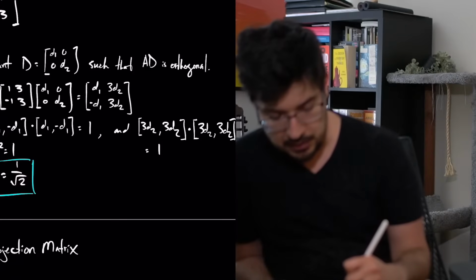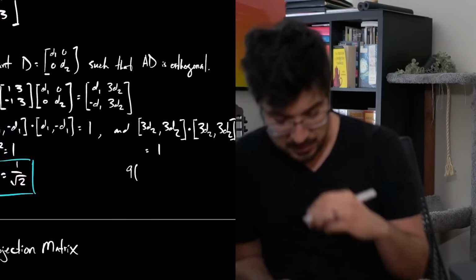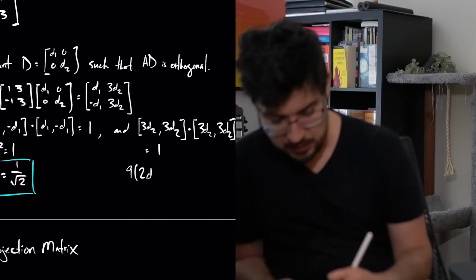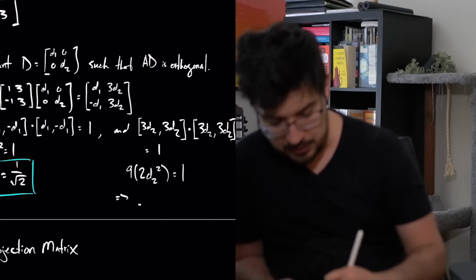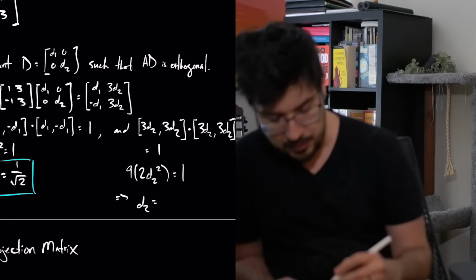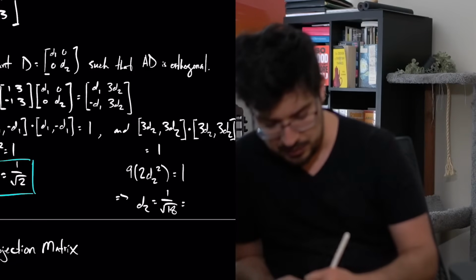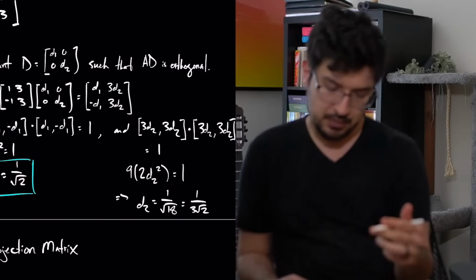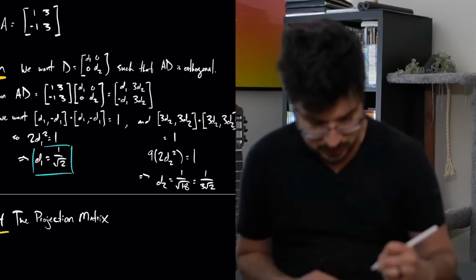Likewise over here, we'd have 9 times 2D2 squared equals 1. Therefore, D2 is 1 over square root of 18, which is 1 over 3 root 2. Right? 9, 2, yeah. So,